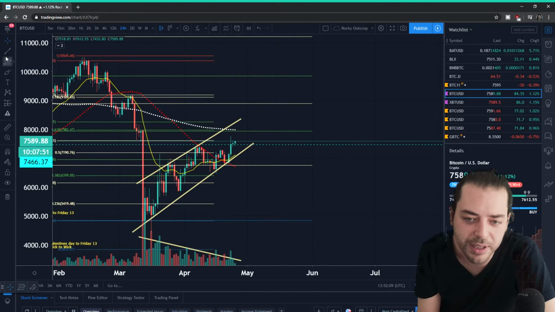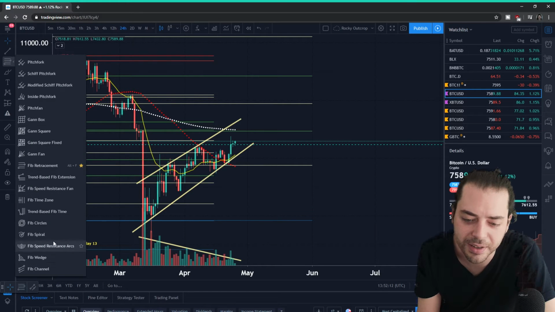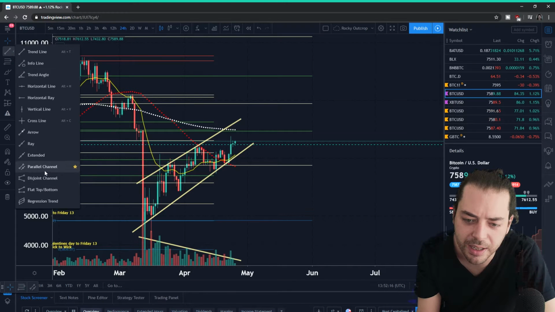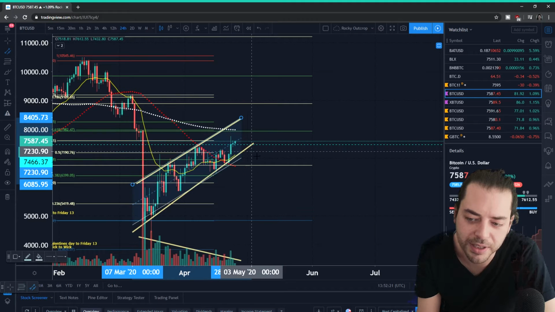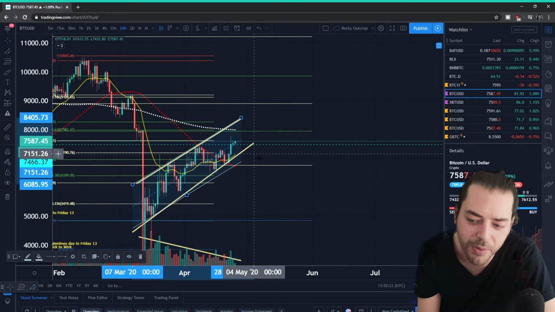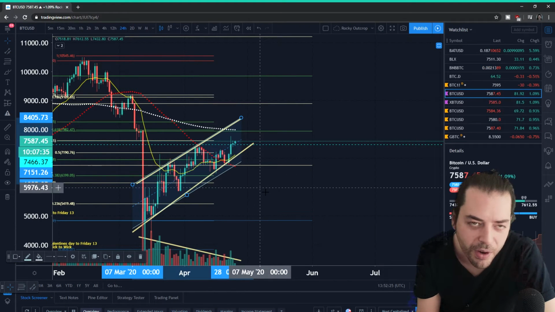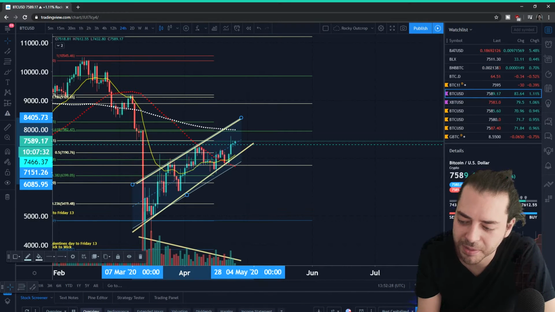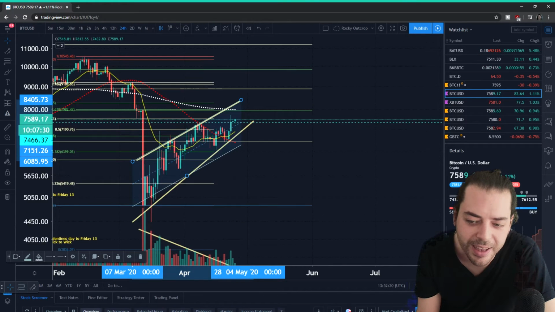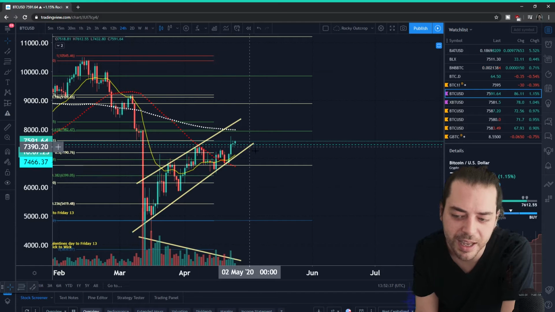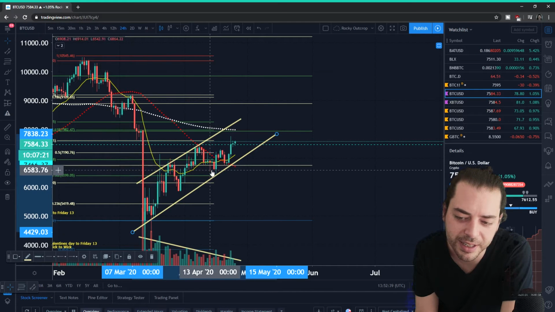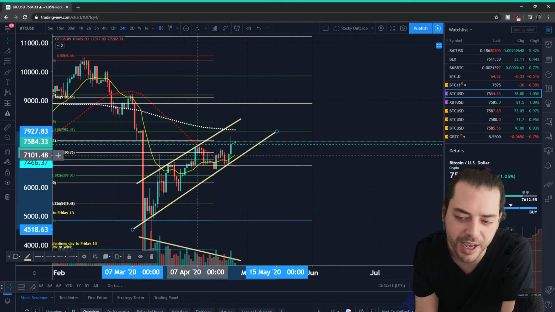Now, of course, there's dynamics at play here in the fact that I actually drew this in using a couple of lines myself drawn in manually. Now they're not quite right, as you can see there, and that's just sort of drawn in for symbolic basis. And if you hit the log button, then your parallel channel doesn't change. But the point that I'm really making is that if you're just looking at the charts and you're kind of just thinking to yourself, hey, this looks like a channel or whatever,